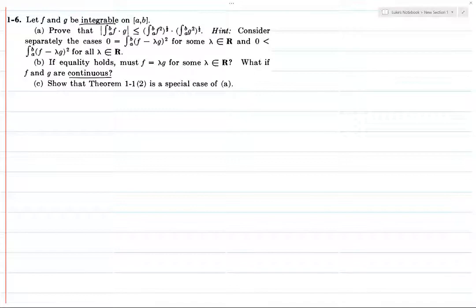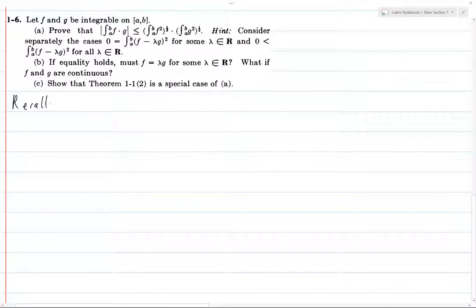So, anyways, we don't know what integrable and continuous mean, so we can't really do this problem. But I'm going to try to do it anyways and sort of brush over some of the details, and I'll just ask you to trust me on a few things, like a few facts about integrability and continuity that we haven't proved yet. Yeah, these are things that will be proved later, but they're not proved here. So, anyways,